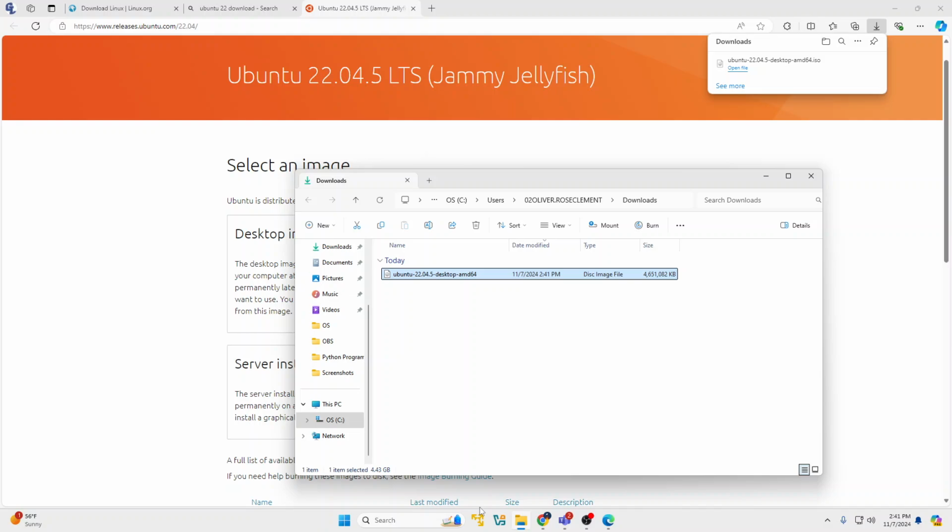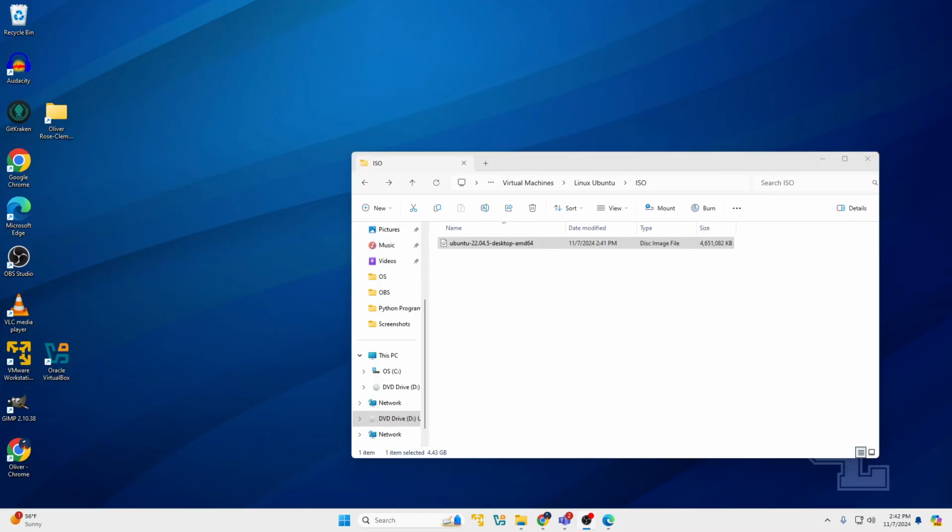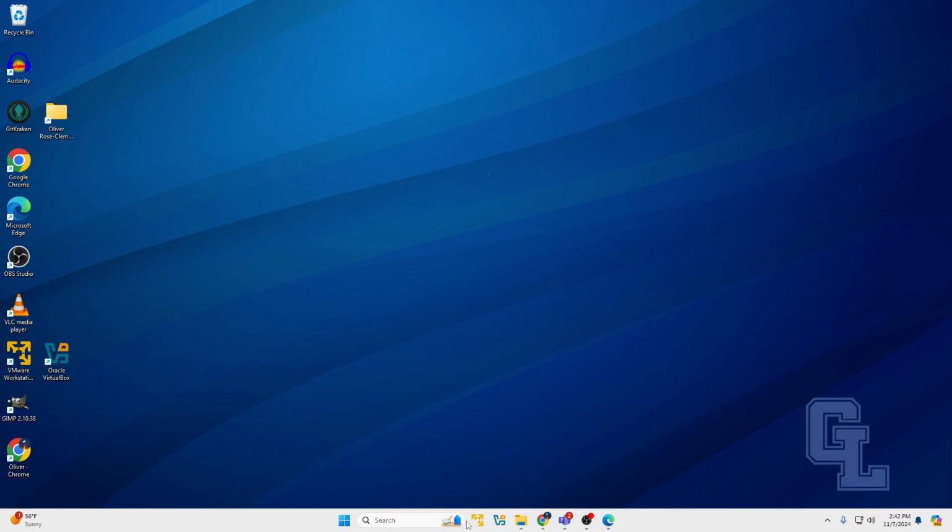So I can open this file. It's the operating system, which then I'm going to be moving in a minute. Okay, so then you move the download file into your ISO folder for later use. And then I'll go over to